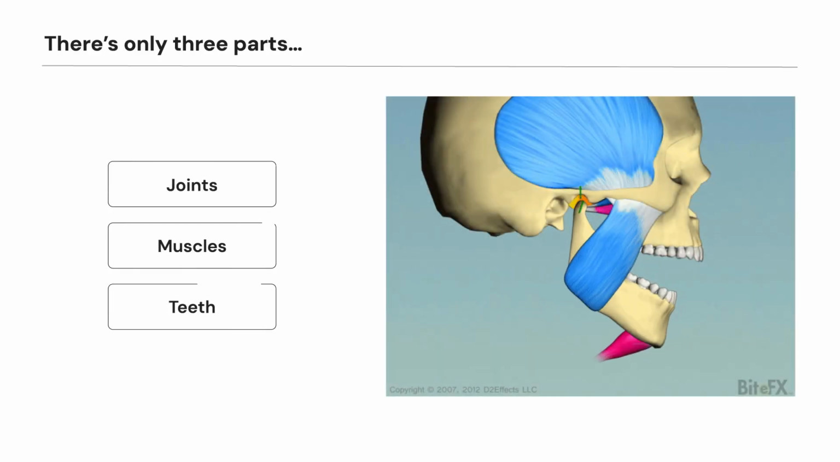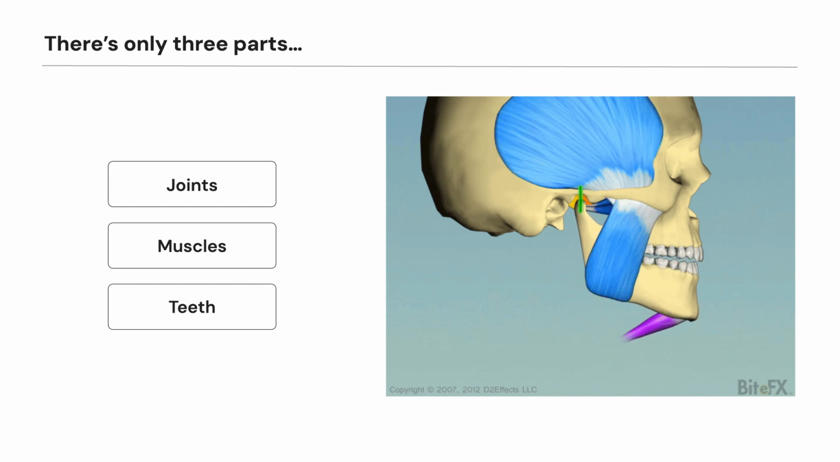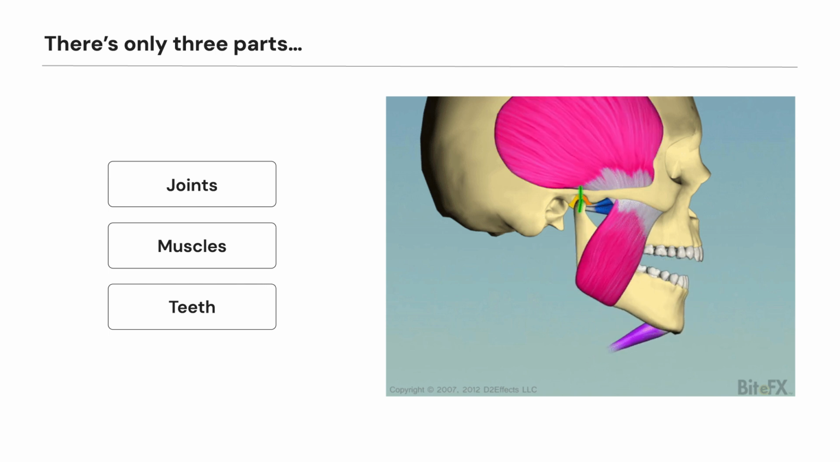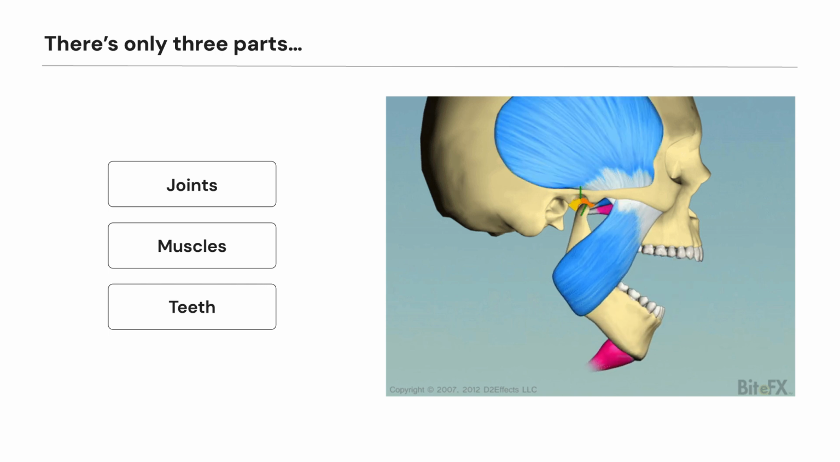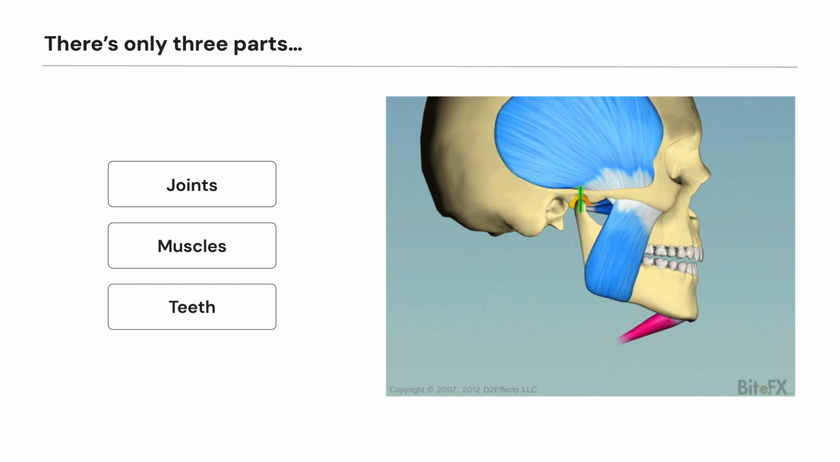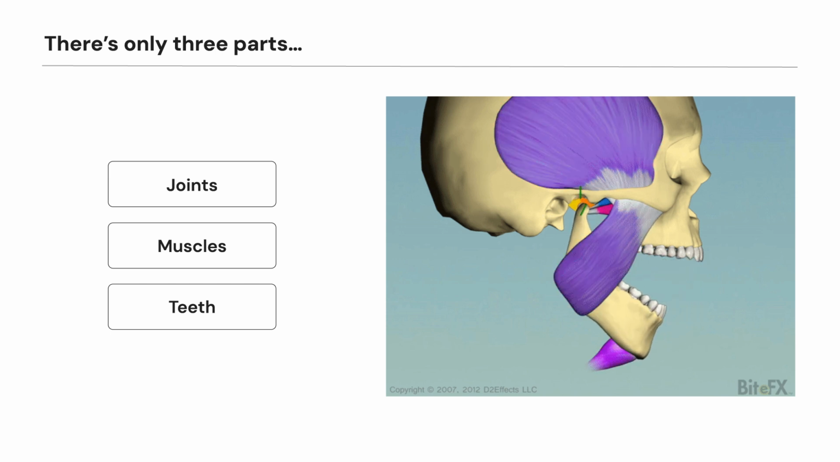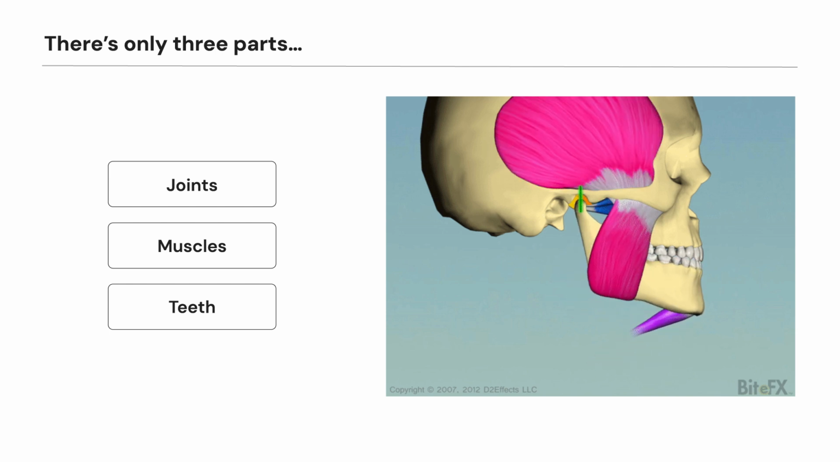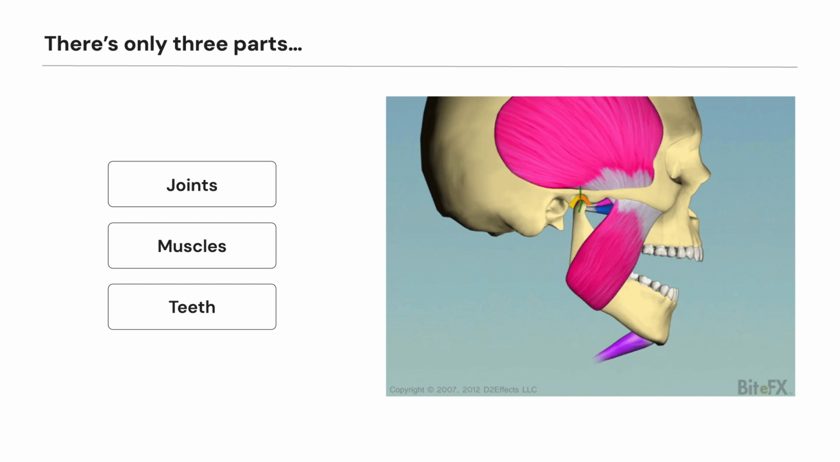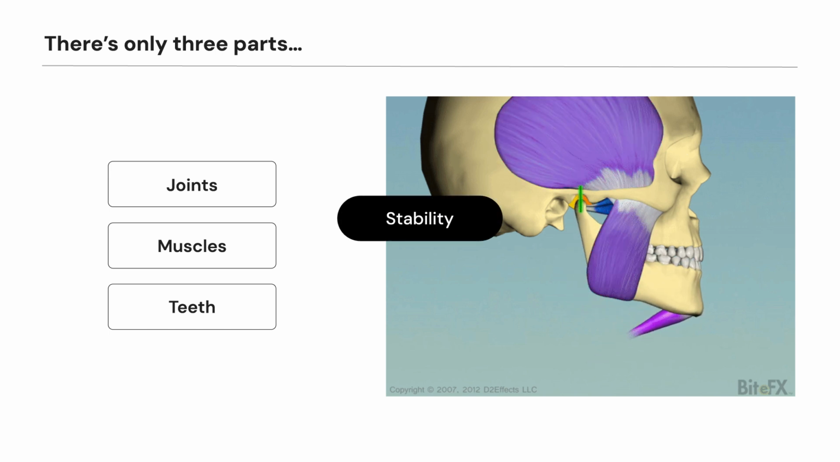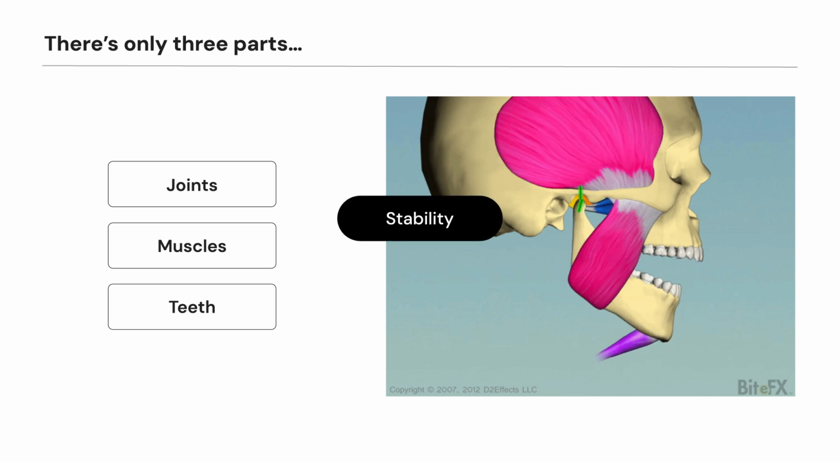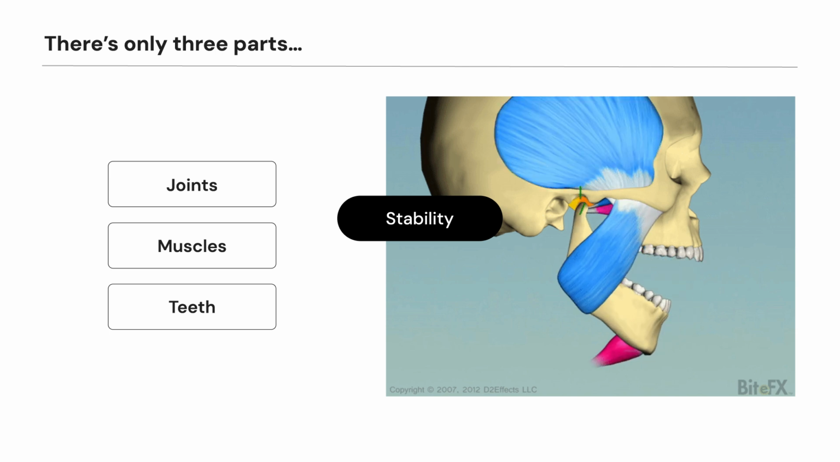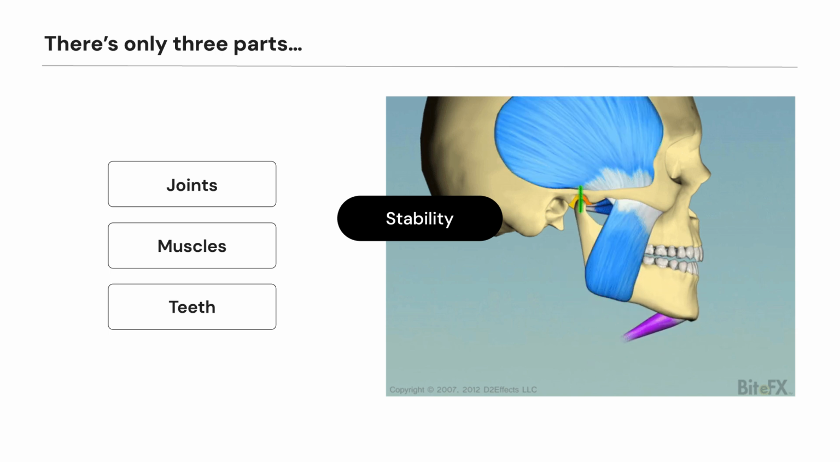I'm going to talk about the three important things and say that there's really just three parts. The joints, which act like a ball and socket, the muscles, which act like a sling to support that jaw, and then the teeth and how they come together. So you've got joints, muscles, and teeth. And if they all fit together and are in harmony, you have stability. But remember, we talked earlier about that shifting, slipping thing? If the teeth don't line up exactly right,